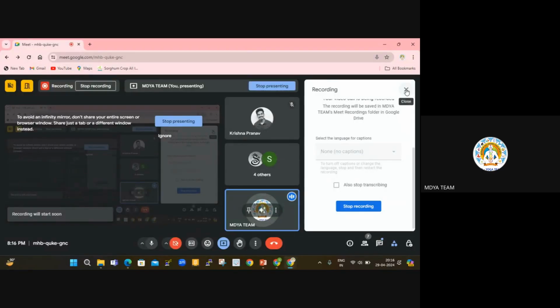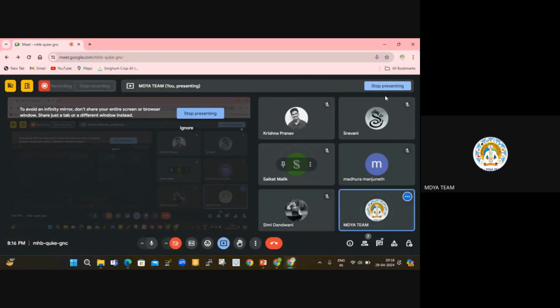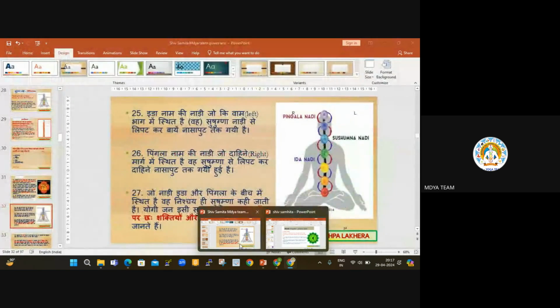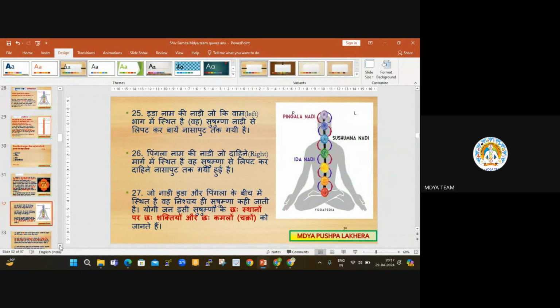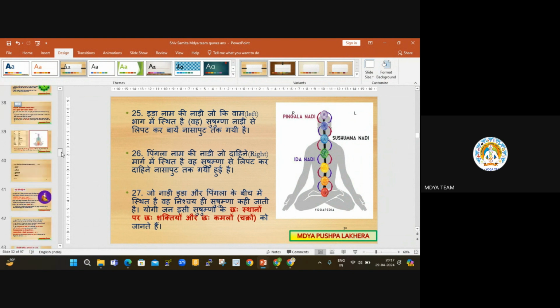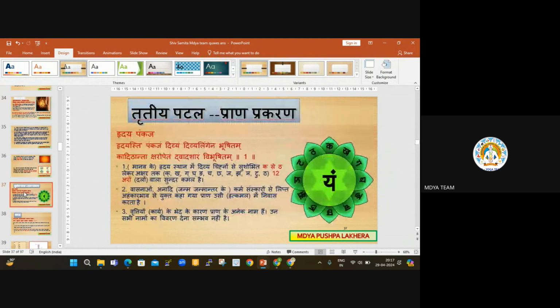We have a target that we must complete within 3 classes, the Shiva Samhita, so that the other text can be followed. If anything is left over, I will guide you on how to cover it. Let me finish today's. We'll go through the Hindi slides a little bit, and wherever a change is required, I will tell you. If anyone has any problem, you can also share it with me.